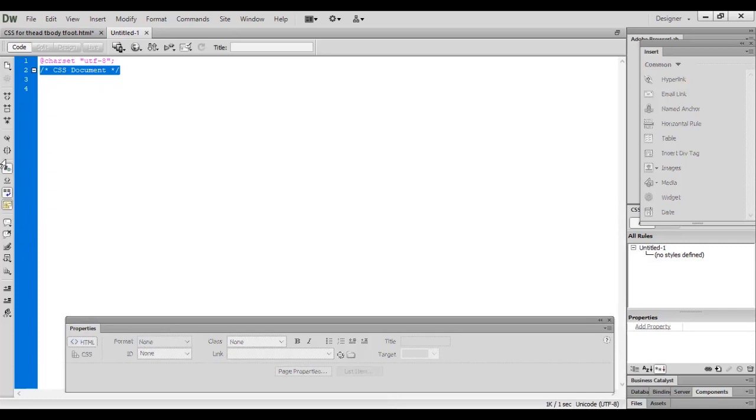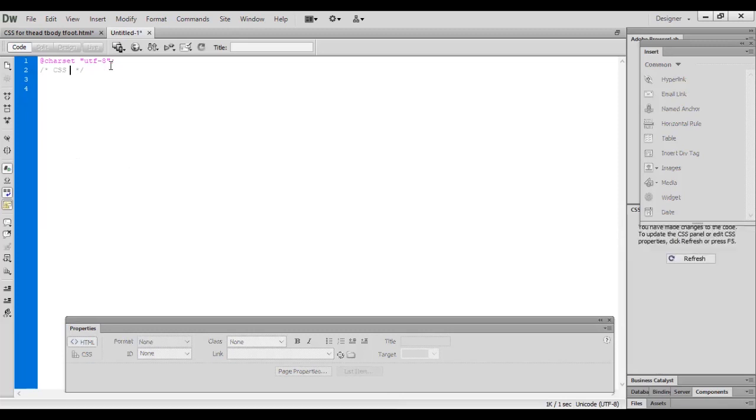Comments have no effect on the layout of a document, either on the HTML page or on the CSS file. So let's write a comment between these two tags.